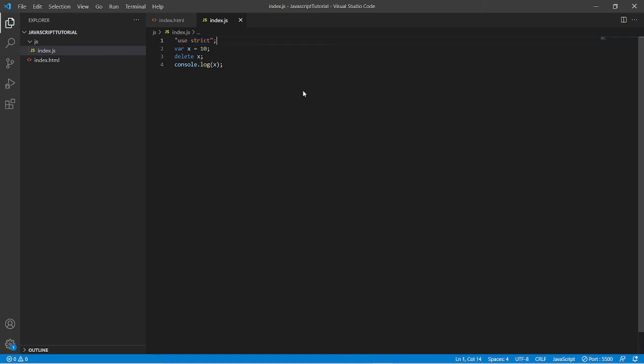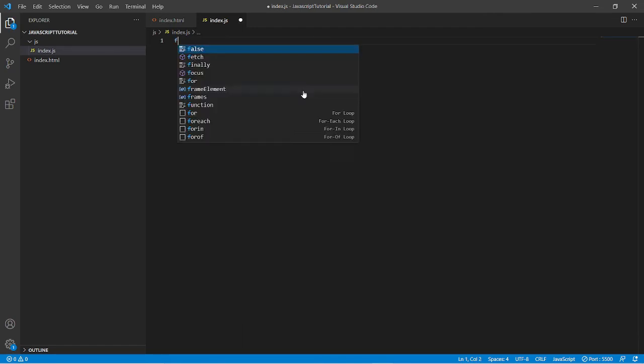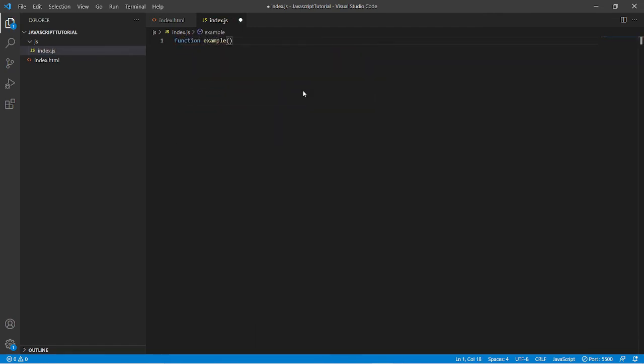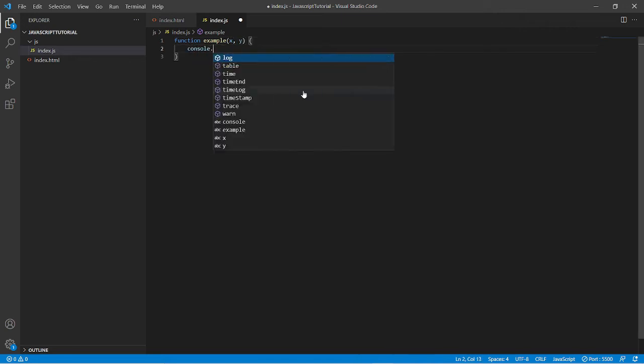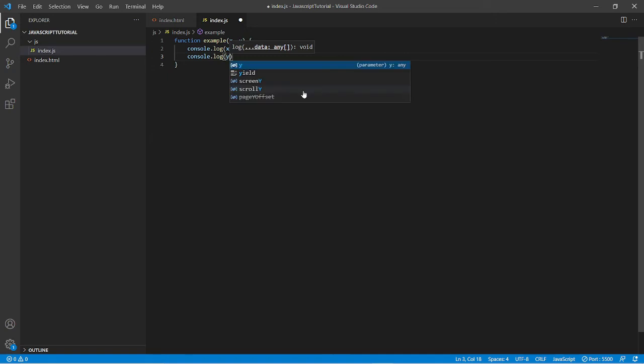Next use case is related to functions. So suppose we have a function with the name example and it accepts two parameters, x comma y. And we are logging the value of x, also we are logging the value of y.